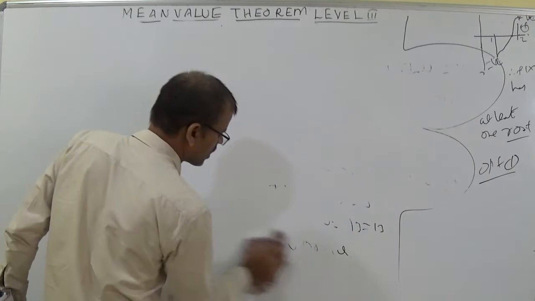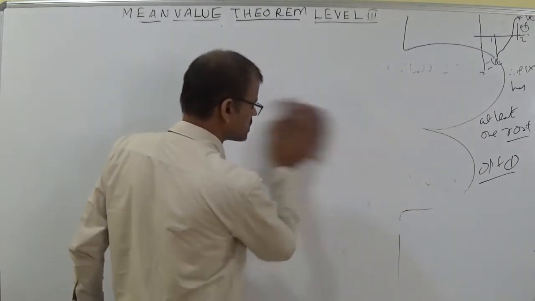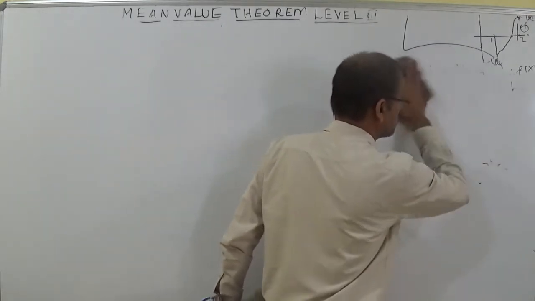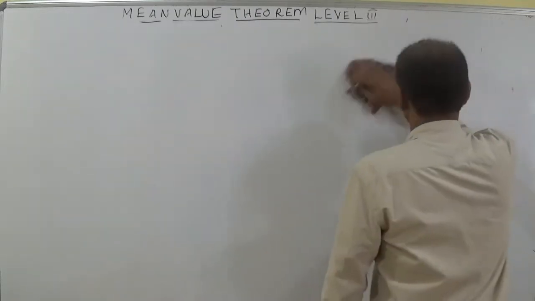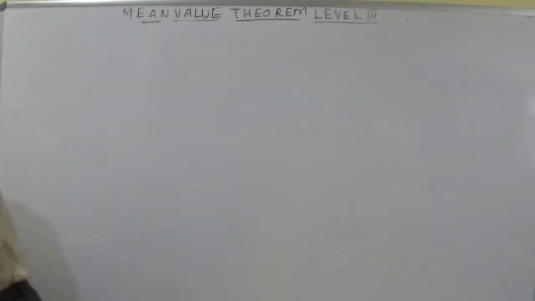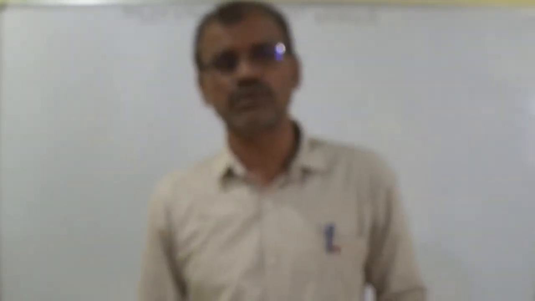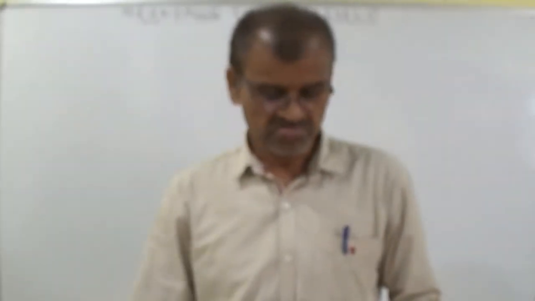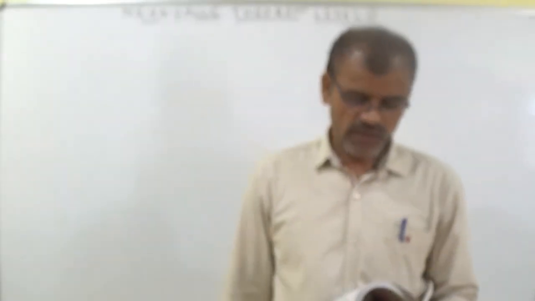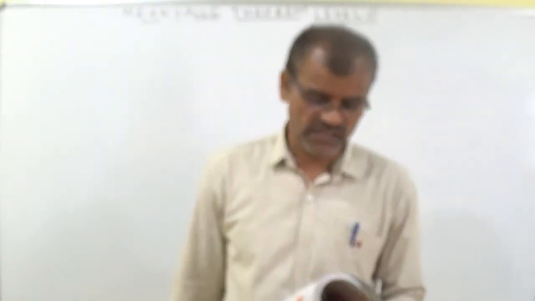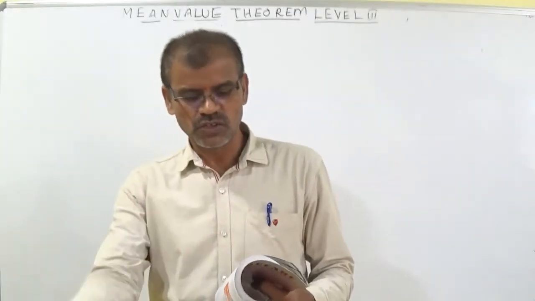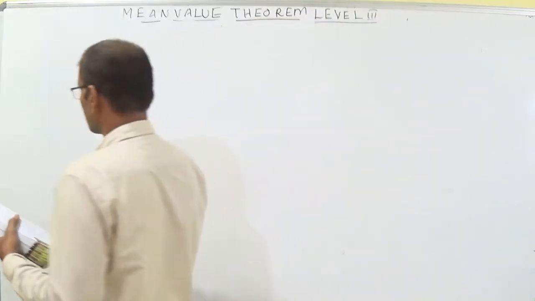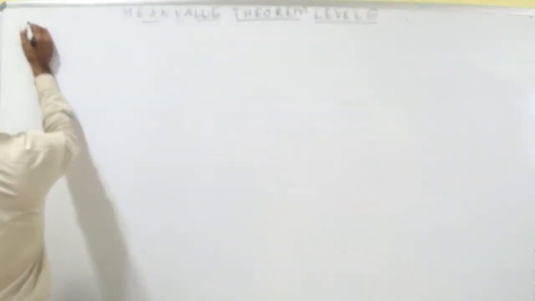Mod x, I am thinking that mod x is not applicable because so many times we discussed mod x is not differentiable at x equal to 0. So first option is wrong. Wrong means Lagrange's theorem is not applicable. So second option, cot x is given. Cot x is not defined at x equal to 0. Whenever you put x equal to 0, cot 0 is infinity. Not applicable. Next, f of x is equal to 1 by x, and x equal to 0 is given. If you put 0 there, 1 by 0 is infinity. So LHL is not equal to RHL.